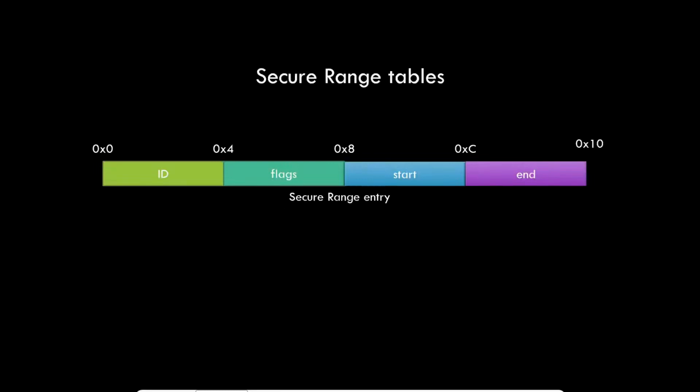Well, the first thing that we need to understand is how the secure ranges work. As we mentioned, there is a need of keeping a table. You need to keep a state as a TE in order to distinguish what is secure memory and what is not. There are a few caveats here and there, but you need to keep some tables in memory. And in the case of Qualcomm, the implementation that you're seeing is pretty straightforward.